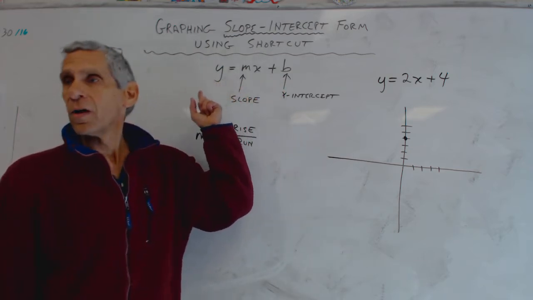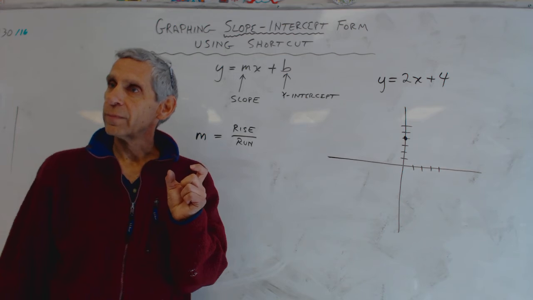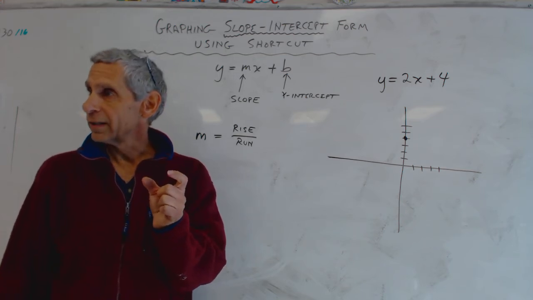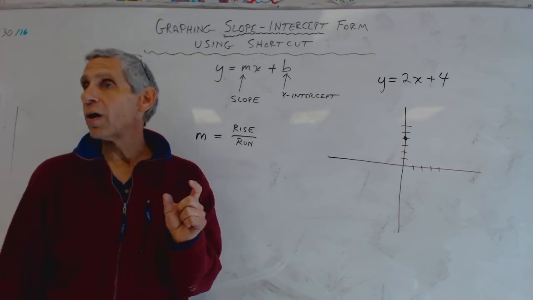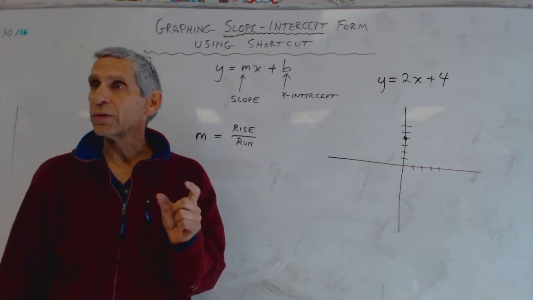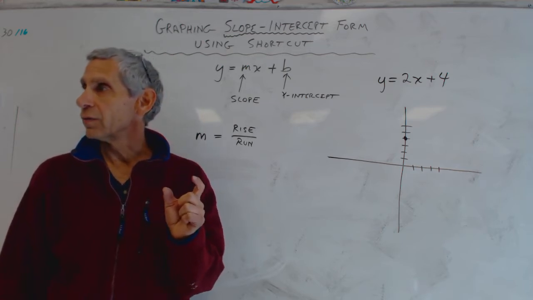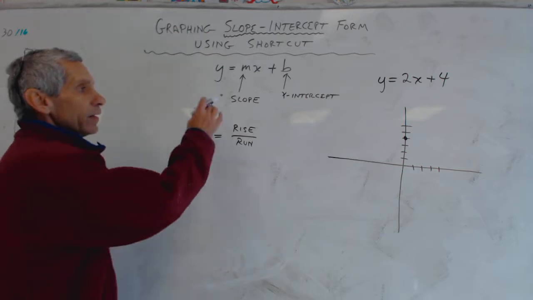Some people call this the y equals form because it's so important that it just says y equals. It can't say 2y equals, 4y equals, 3y equals. It's got to be y equals. Okay? And then,